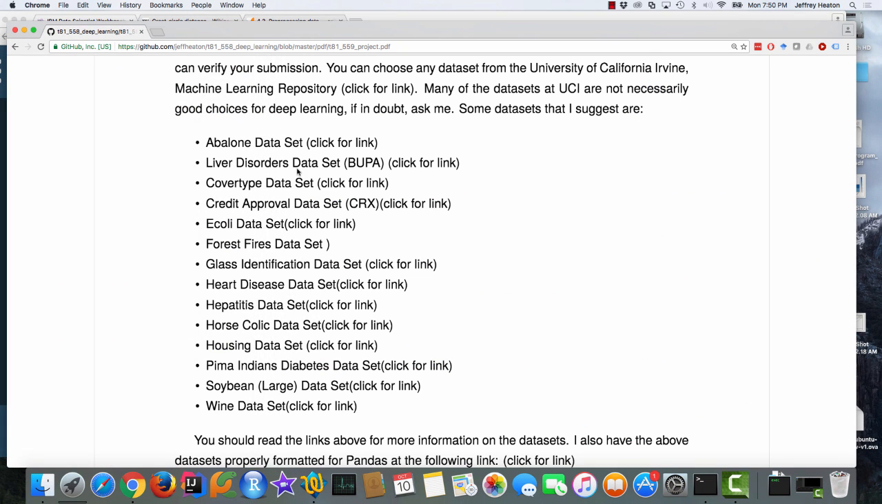But these are a number of data sets. They're somewhat interesting. Some of them are just looking at liver disorders. So there's a couple of biological ones. Credit approval based on other rates, horses and colic, hepatitis, a lot of health ones. Wine quality. You pick one of these, and you basically create